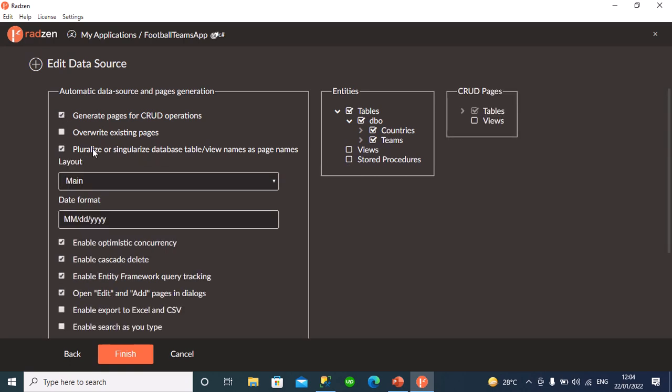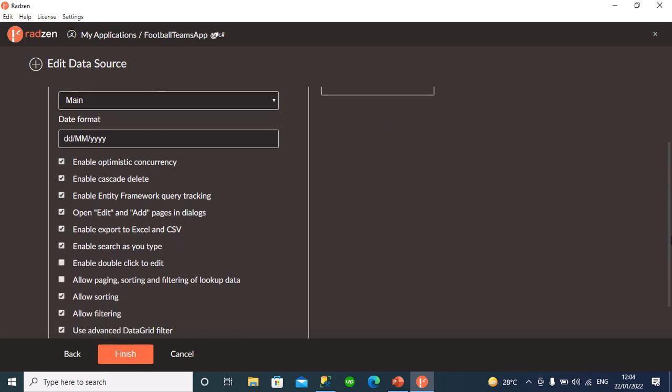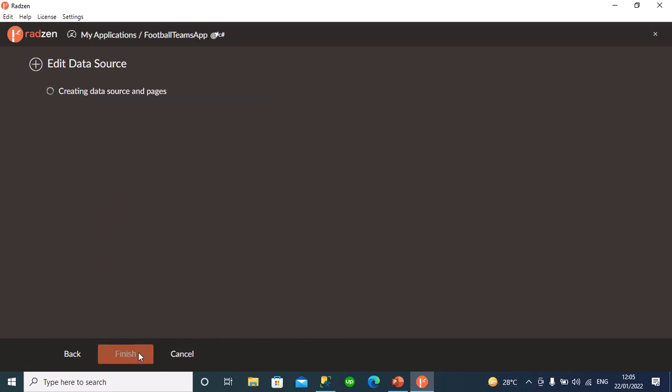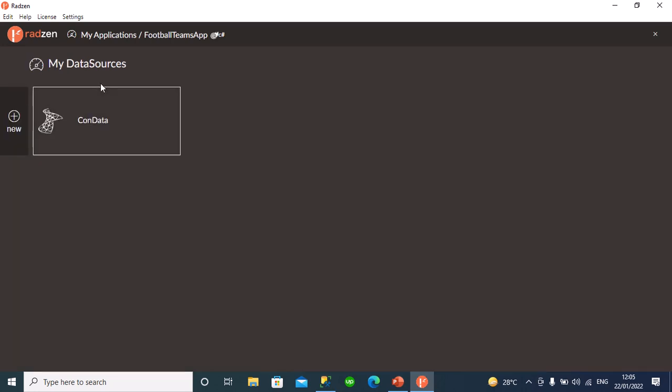I'll check generate CRUD pages, date format. This is what I'm using as my date format. Enable export to Excel and CSV. Enable search as you type. Enable double click to edit. Then I click finish. Now